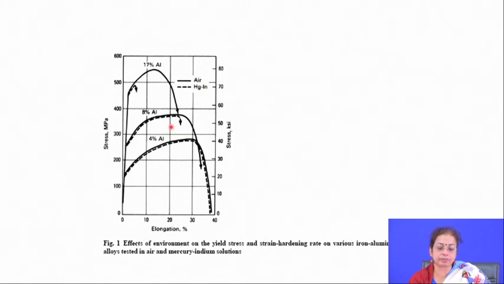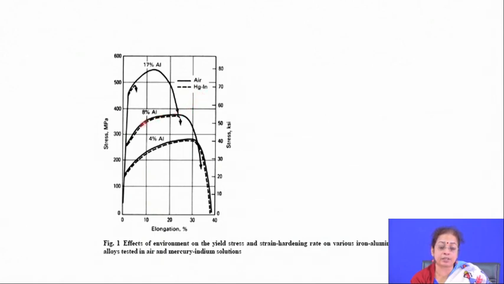As you go on increasing the aluminum content, in one case it is basically iron, and in another case it is an iron aluminide alloy. If you go on increasing the aluminum content, there is formation of iron aluminide, and naturally that alloy is much more brittle. So, you will find that it has lower yield strength, lower UTS and also lower percentage elongation. As you go on using the mercury indium solution,